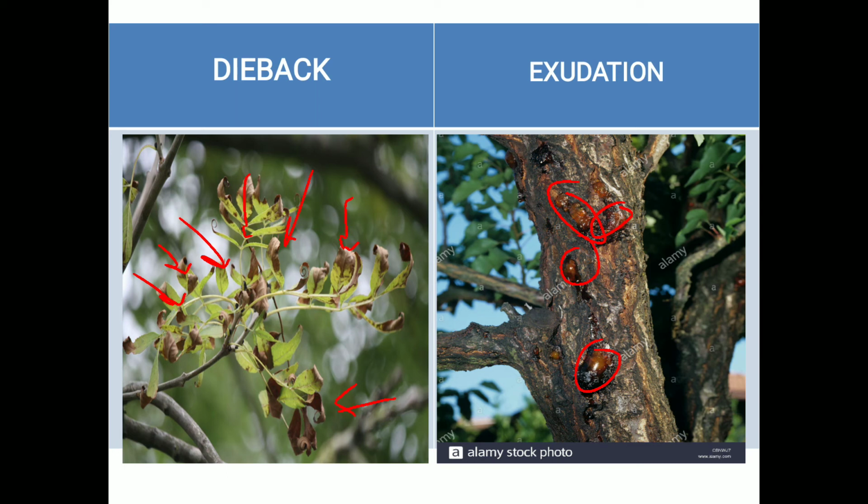So depending on the reason, which exact reason is for that dieback, we can use the next one is exudation. So exudation means what? Gummy or gum-like substances are exuded from the infected portion, which is infected due to the attack of bacteria or some fungal species. So exudation, for example, citrus gummosis, is the best example of exudation.